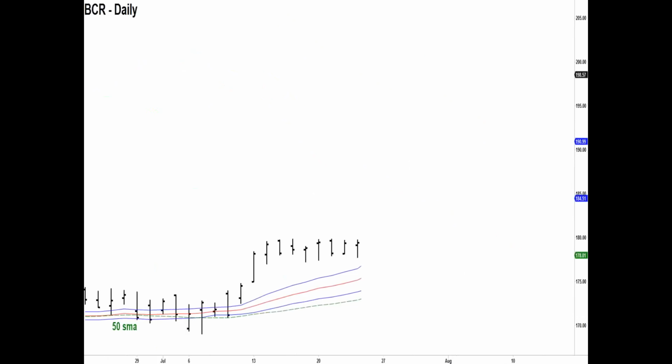What about BCR? I show you this because this is an expensive stock, and a lot of people will say, well, Steve, how can you trade this for these big moves? Well, a lot of our students trade this strategy with options. It doesn't mean you have to actually purchase the stock. We know this is a close to $200 stock, so you could purchase the options for this big move. As you see here, here's the top of the